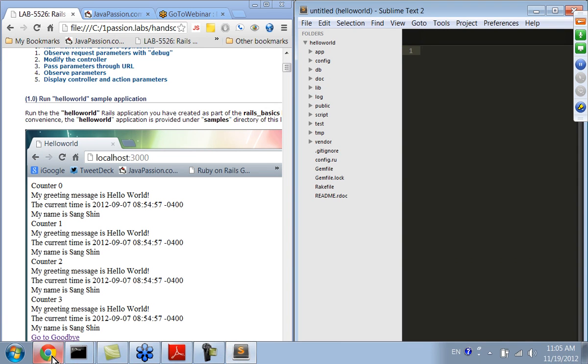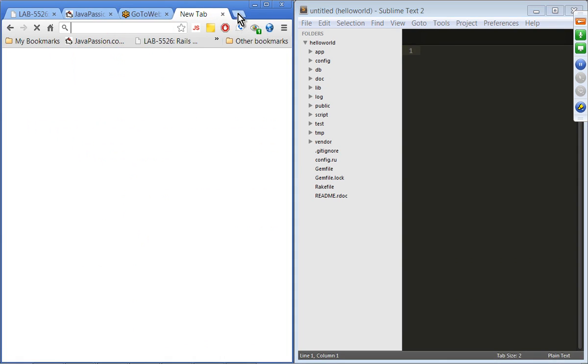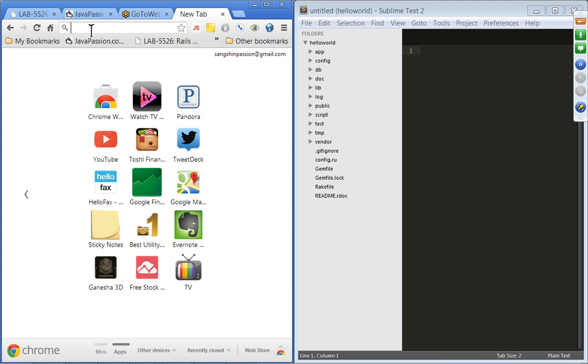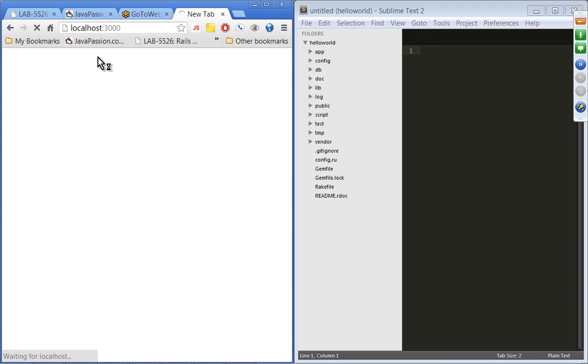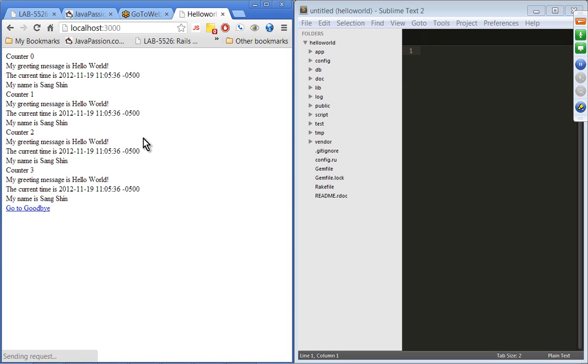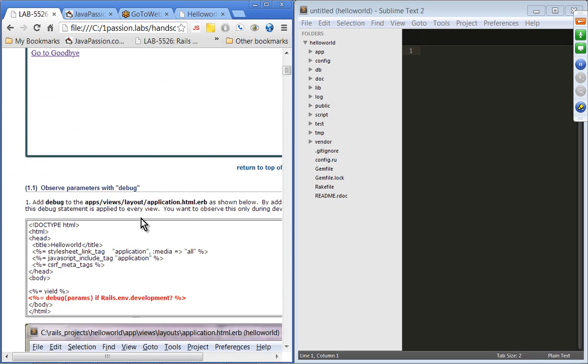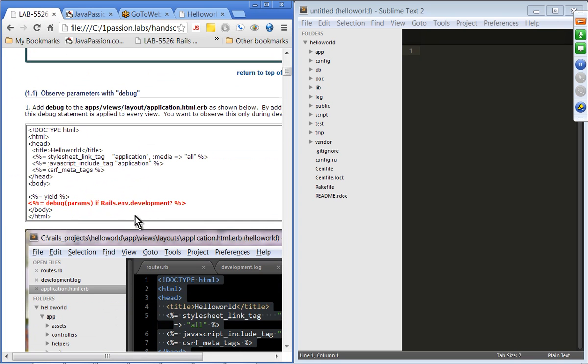Now let's go to localhost:3000, and it's accessing the hello world application. So this is what we see. Let's see what we are going to change. What we're going to do is add this debug statement in